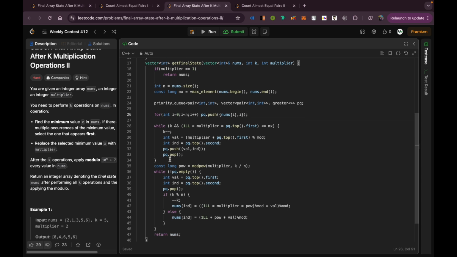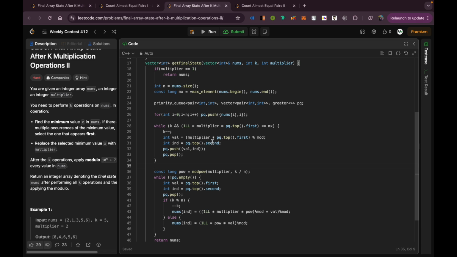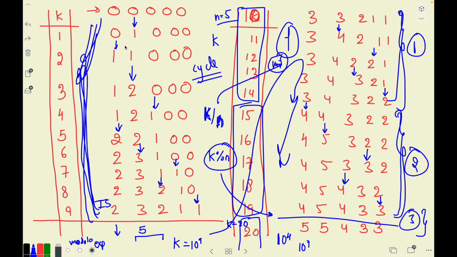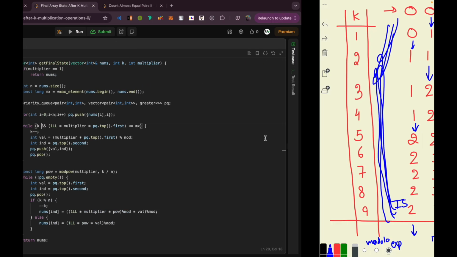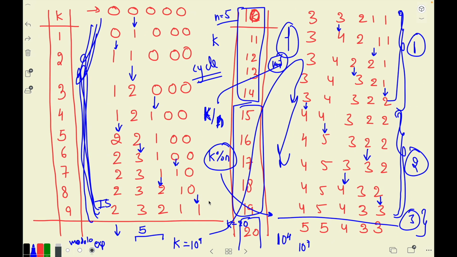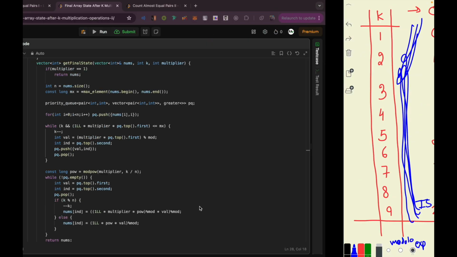Now once you have this logic, you can apply a while loop. In this while loop, you can say two things. First of all, k should be there. Like if I want to find the initial state, this ith state I'm trying to achieve, then to receive this initial state, k should also be available. So till k is there, and